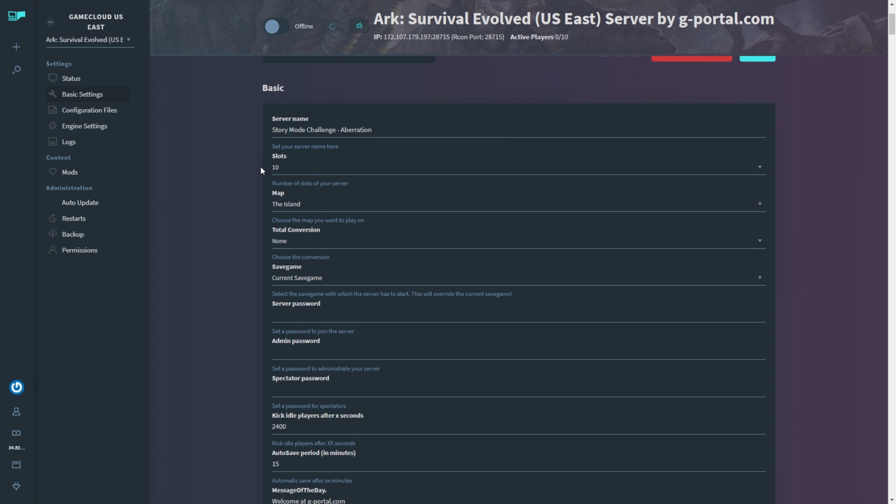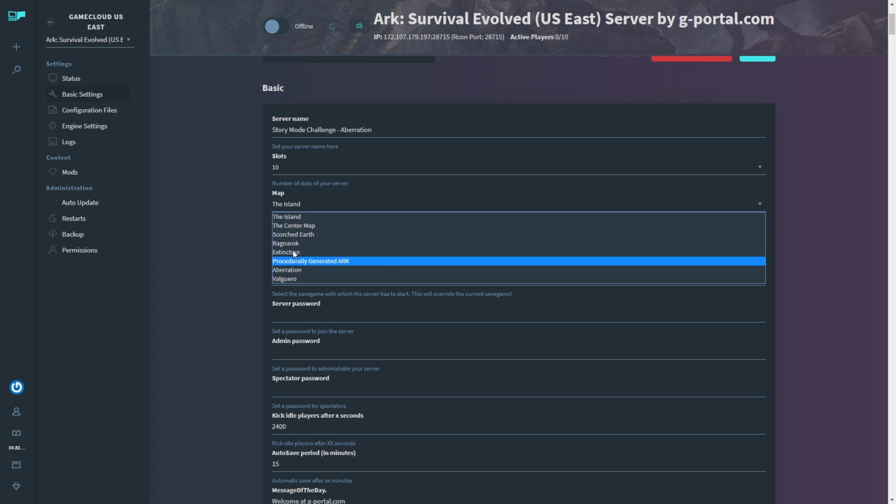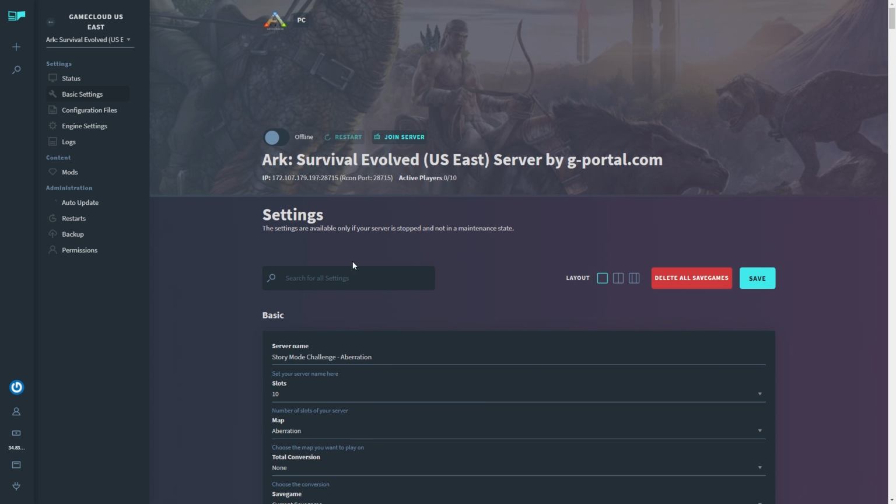Now you go down. There's the number of slots. From here, if you have more slots available, you can actually change that on the fly right there. And we're going to select whichever map we want to go with. We go with Aberration. As soon as we select the map, you want to immediately save it,